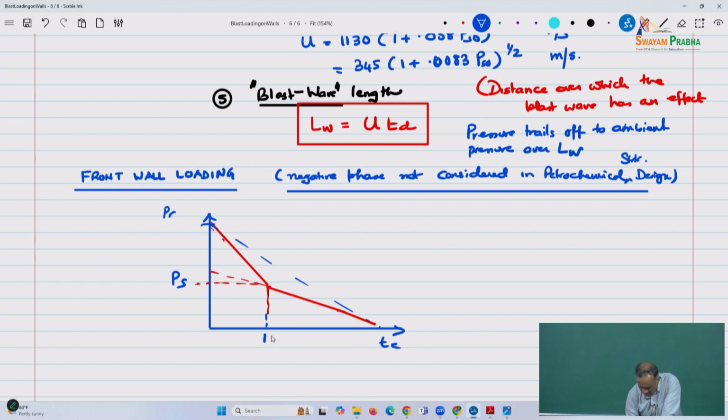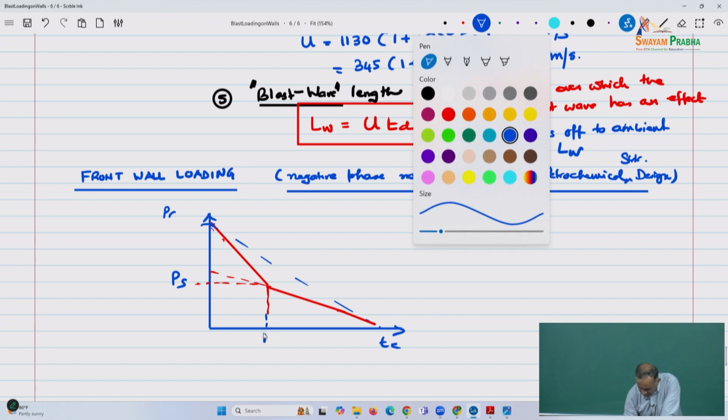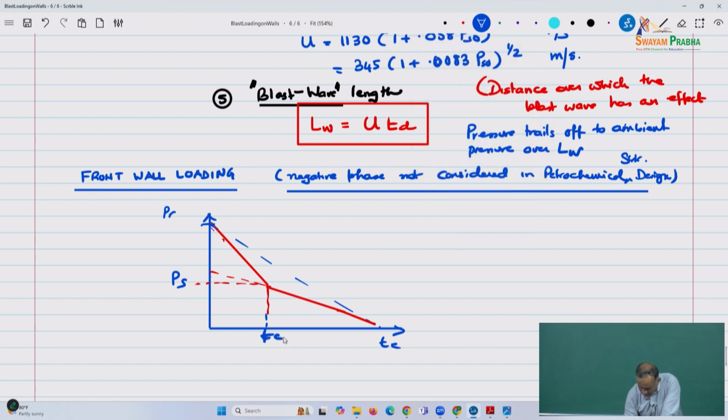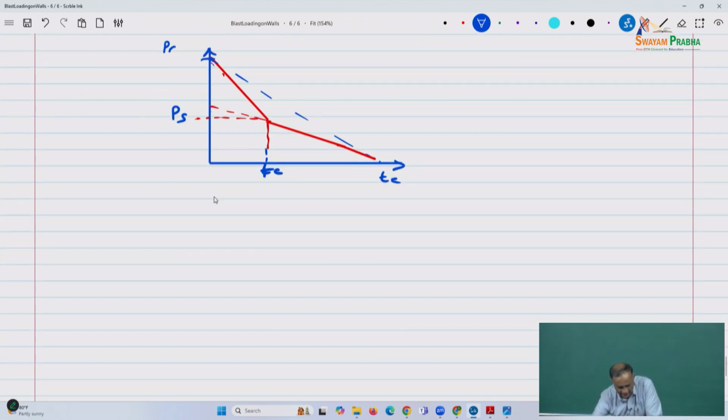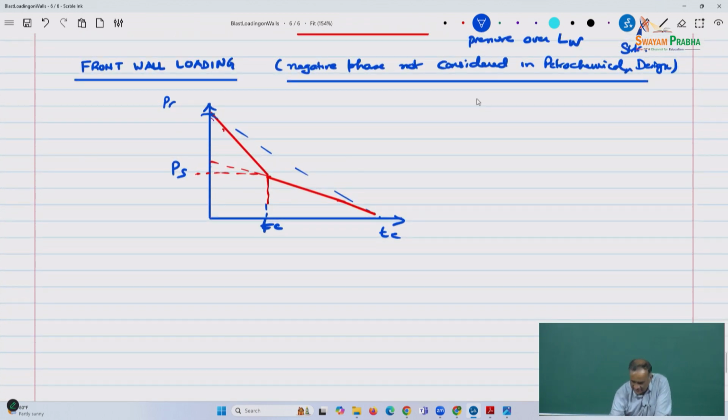This is the clearance time. The stagnation pressure for these is given as PS is